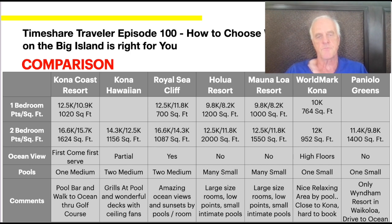a jacuzzi. The WorldMark Kona has one. It's small to medium. I said small, but it's a nicely laid out area. And Paniolo Greens has one small. Again, if you're looking for specifics, go to the video and you can see that. And then lastly, some comments for the Kona Coast, it's got the pool bar